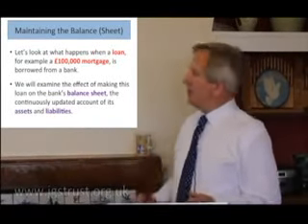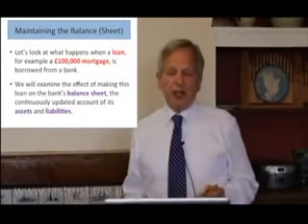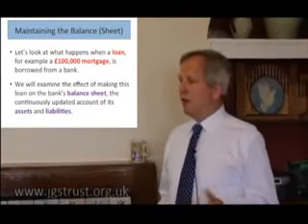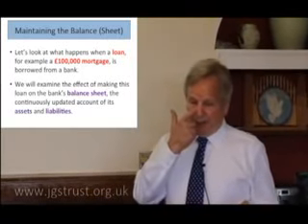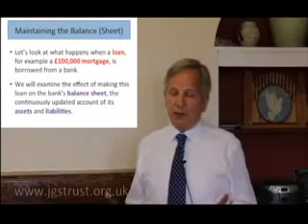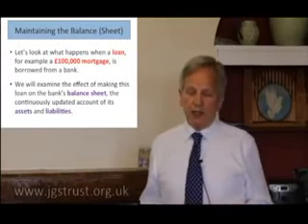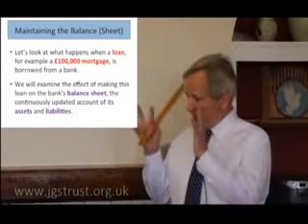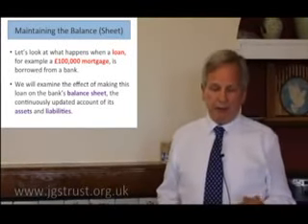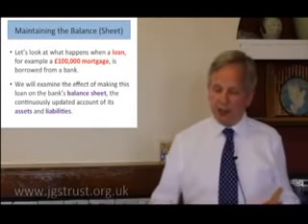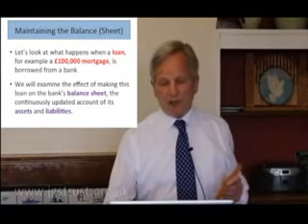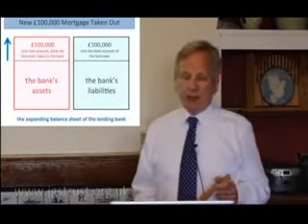Right, well, that's the initial balance sheet. How does that balance sheet change when somebody comes along to the bank and wants a loan, a £100,000 mortgage, say? Let's have a look at that balance sheet, how it changes in terms of the assets and liabilities. Because remember, the balance sheet is a snapshot of the current state of play of the bank, how its assets and liabilities change over time. So here's an event, a basic event. Somebody takes out a mortgage. What happens to the balance sheet?